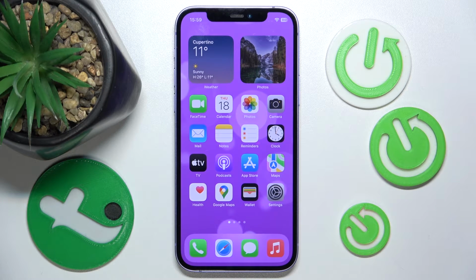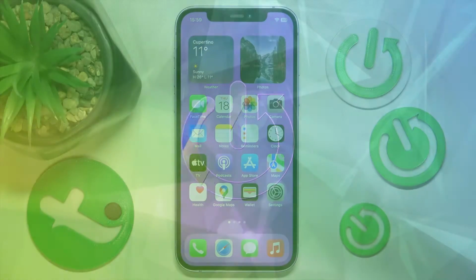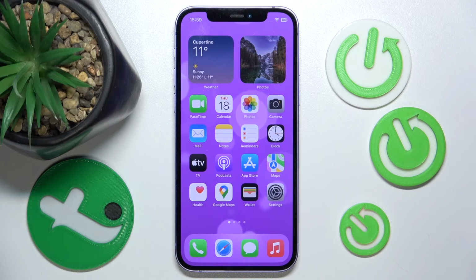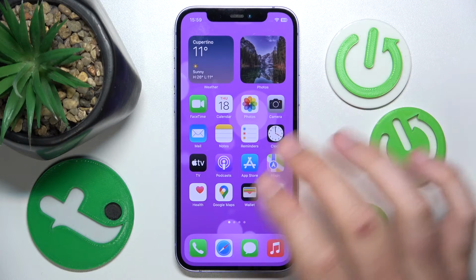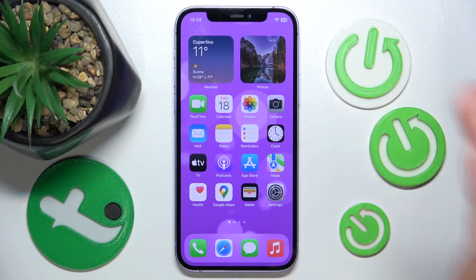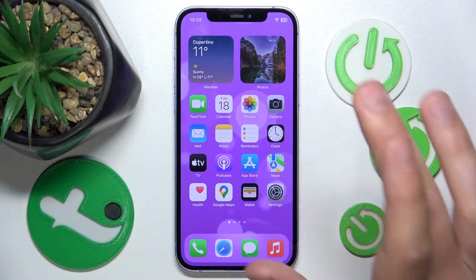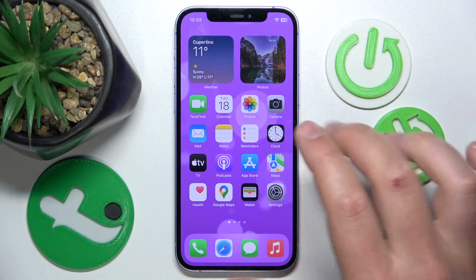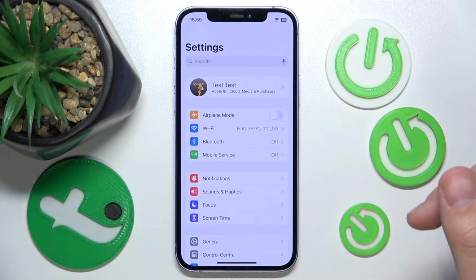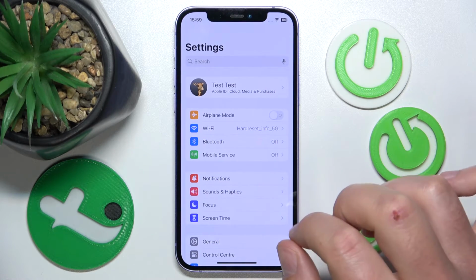Hello, in this video I'm going to show you how to adjust key repeat options while using an external keyboard on iPhone. So today in front of me is the iPhone 12 with iOS 17.4, but it really doesn't matter which iPhone you have or which version of iOS you have, it is all going to work the same on every iPhone. So if you're using an external keyboard with your iPhone, for example, for writing, you can adjust the